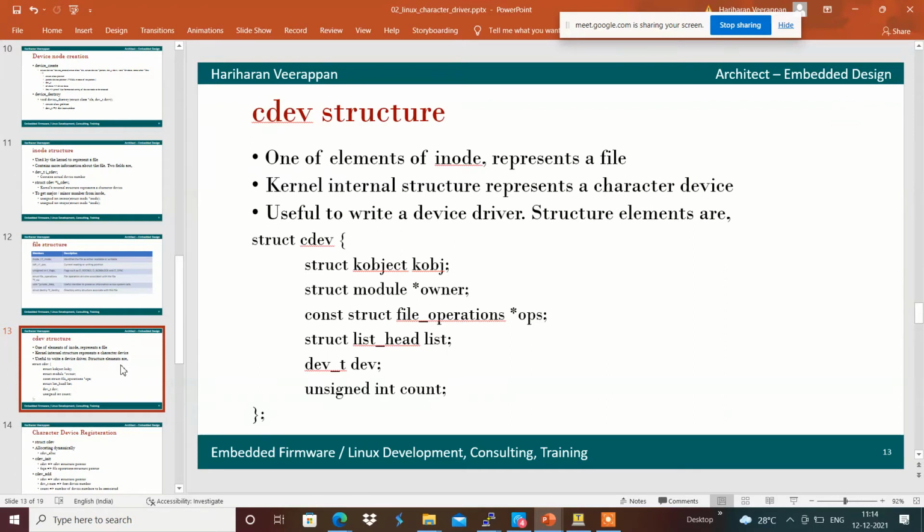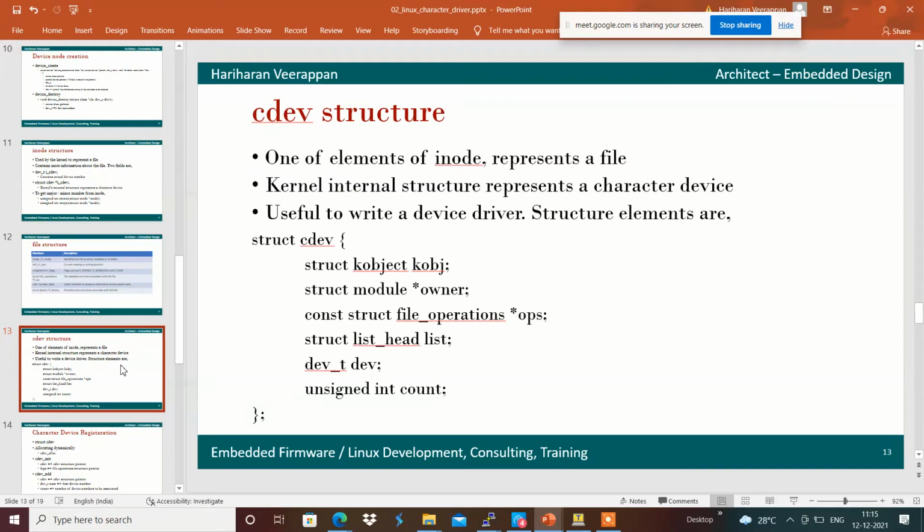We can say that the file operations are something like opening a file, reading a file, writing a file, closing a file, moving the file, saying something like seek the file, poll the file, and IO control the file. All those file operations can be linked with this file operations structure, and it has the next element, something like a list, which will be something like a head.